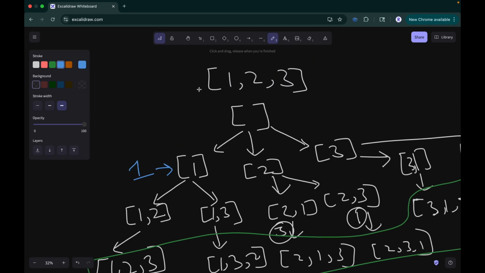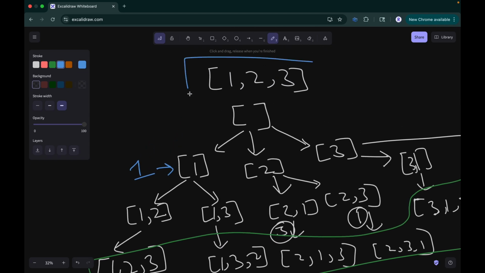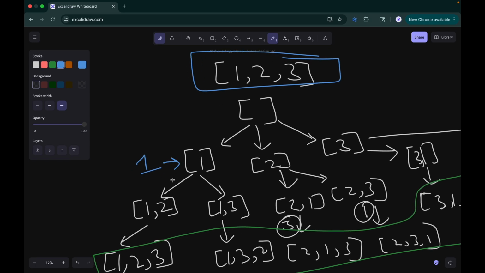So when we have a list of 1, 2, 3, what we're trying to do is grab all the elements other than the current element that we are on. So when we are on 1, we'll skip this 1 and have 2, 3. If we are on this thing, we're going to skip 1 and 2 and only focus on the 3. Cool? So now,